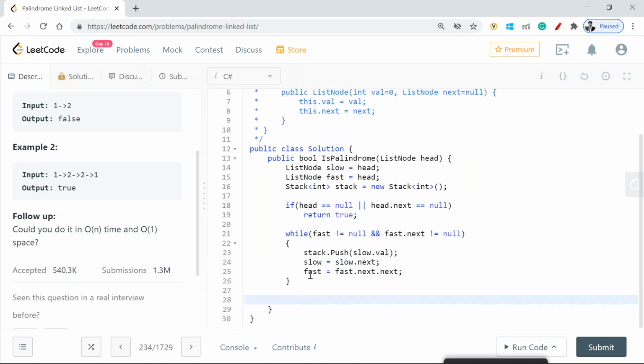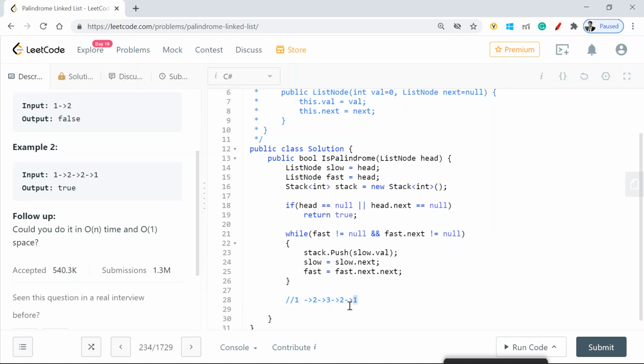So what if my linked list had an odd number of values? In that case, my center, with 1, 2, 3, 2, 1 in this example, my fast would have moved here, but ideally it should have reached here.